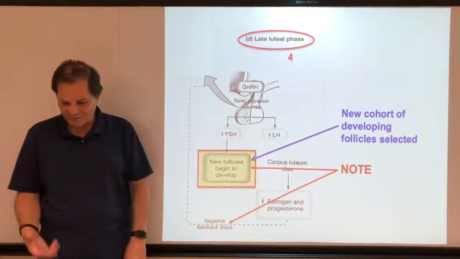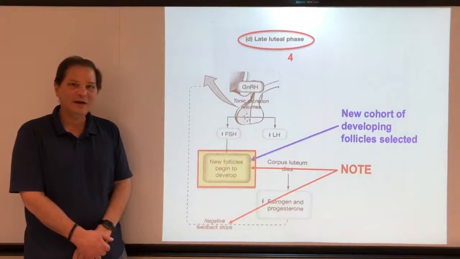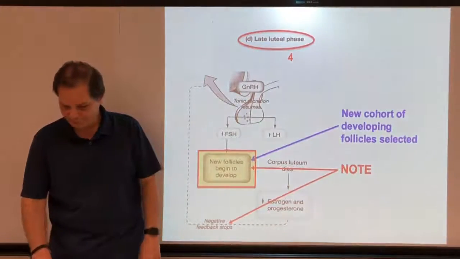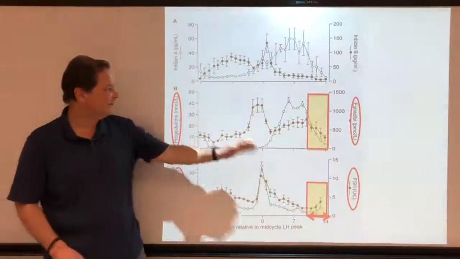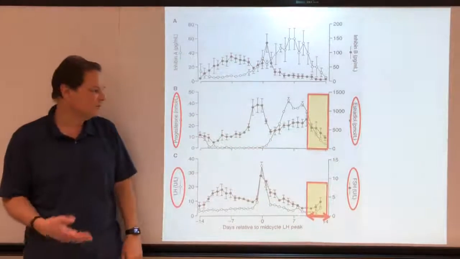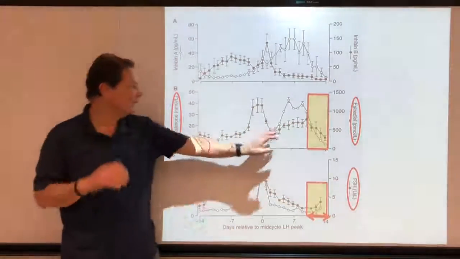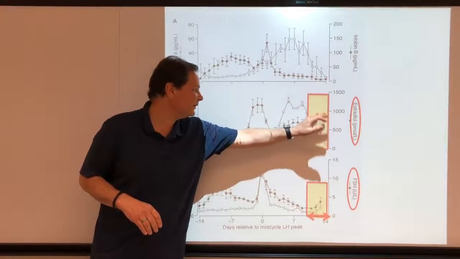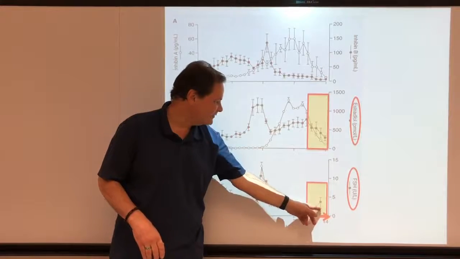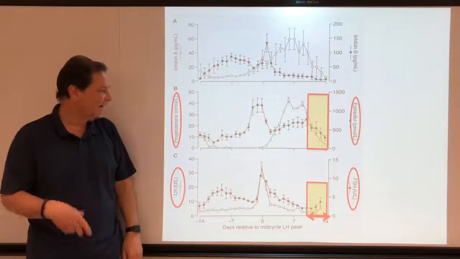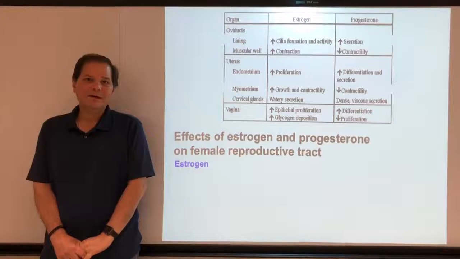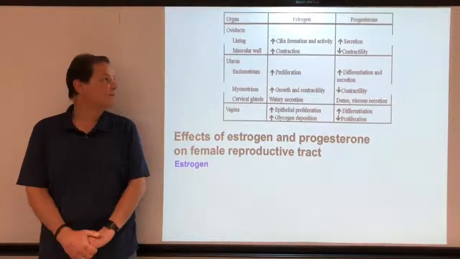Okay, and that allows you to begin the next cycle where we enter a new follicular phase and the follicles begin to develop. Okay? And here's that late luteal phase where your progesterone and your estrogen are falling because your corpus luteum is finally disintegrating. The corpus luteum was generating this hormonal response. Now it's disintegrating, and those hormones are falling. That's causing your LH and FSH to start to come back up, and you enter a new follicular phase due to that. So let's stop there,